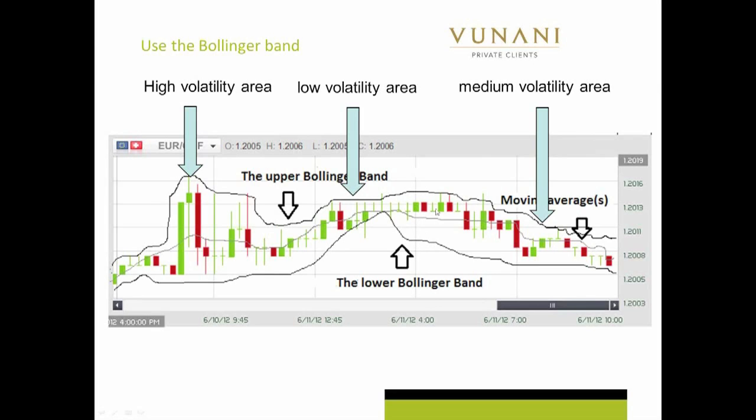The price stayed stagnant for a while, then the volatility started kicking in until we went to a medium volatility. And remember I said medium volatility is where the Bollinger Bands parallel track each other. So instead of bulging out like this, they start to form a bit of a train track that becomes nice and easy to trade.